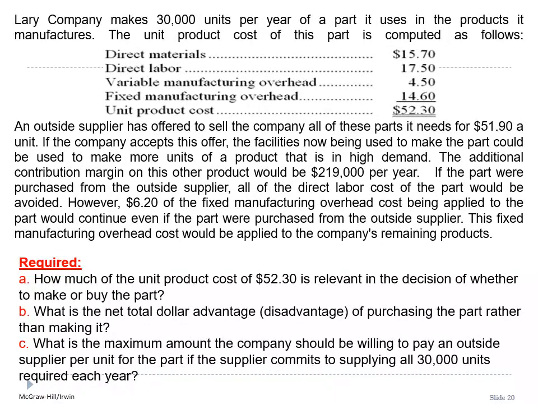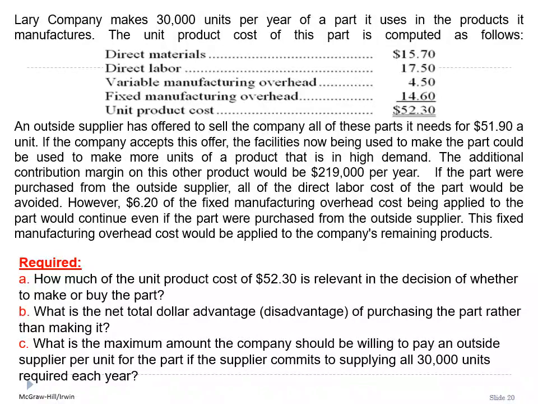The unit product cost of this part is computed as follows: direct materials, direct labor, variable manufacturing overhead, fixed manufacturing overhead, and the unit product cost for this part equals $52.3. An outside supplier has offered to sell the company all of these parts it needs for $51.9